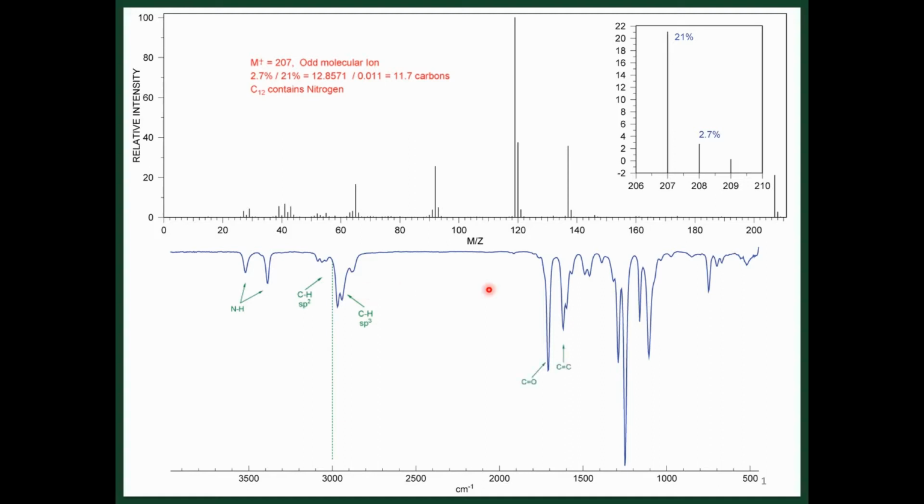Additionally, we would have a carbonyl peak and a carbon-carbon double bond peak corresponding with the CH sp2 hybridized stretches as well. There is a lot more detail that we could go into analyzing the fingerprint region, but that's beyond the scope of this course. But from this, we should ultimately be able to nail down combining these data sets together, knowing that we now have oxygen in our sample as well from the FTIR, that we would have a molecular formula of C12H17